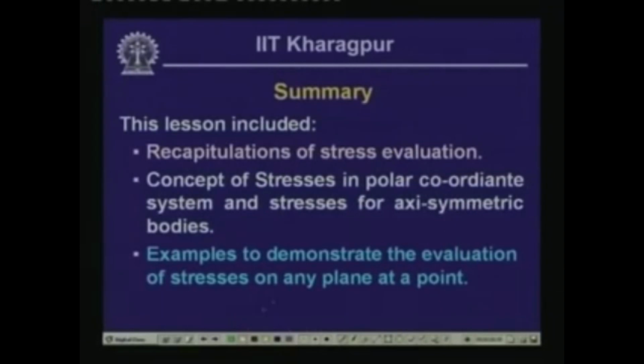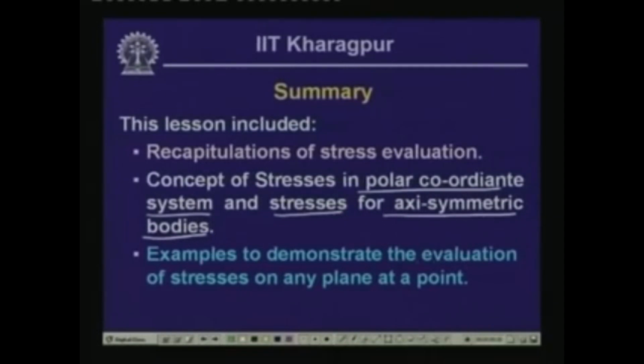Well, let me summarize what we have learned in this particular lesson. In this lesson, we have tried to look into the stresses which we have evaluated earlier with reference to the Cartesian system, sigma x, sigma y, tau xy. Also, we have looked into a body which does not have a straight boundary, and if there are curved boundaries, how to represent the stresses sigma r, sigma theta and tau r theta, which are in terms of the polar coordinate system,